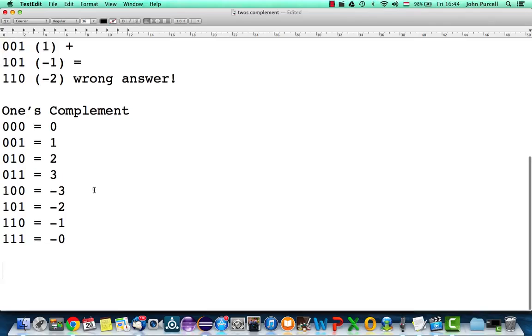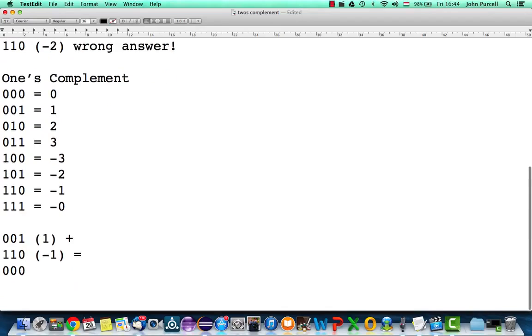Let's try this. So if we add 1, 0, 0, 1, which is 1, plus minus 1, 1, 1, 0, which is minus 1, equals, let's do that. So 1 plus 1 is 1, 0 plus 1 is 1, 0 plus 1 is 1. It gives us 1, 1, 1, which equals minus 0, which equals 0. So that's the right answer. So 1's complement is a system of storing signed numbers in some bits that allows you to do arithmetic much